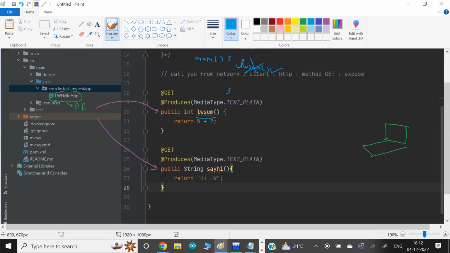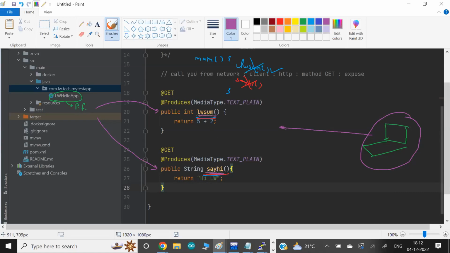But if you want to call this function in the main, in the local system, we can type this name, say hi. This function we call. So calling a function locally is very simple. By giving the name, we can call. But if you want to call the function from another computer, a different computer running somewhere on the internet, they don't know anything about the function name.